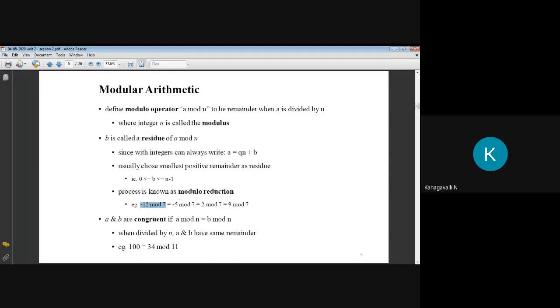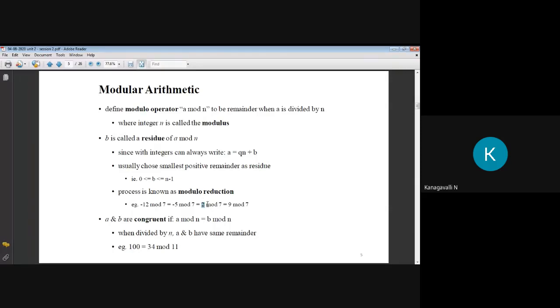Then you have to write this with the help of the minus sign, so minus 5 mod 7. Again you have to take mod 7 for this value. If your input is a negative integer, you can do the repeated procedure of modulo. This process is called modulo reduction. So what is the remaining part? Minus 5 mod 7. Leave the minus aside; 5 mod 7 is 5, so 7 minus 5 gives 2. So this is 2 mod 7, and the answer is 2.